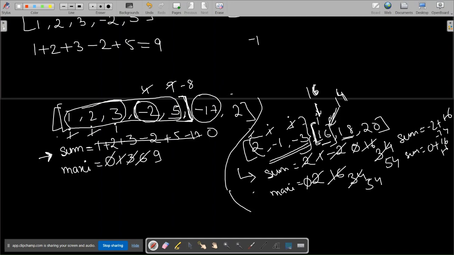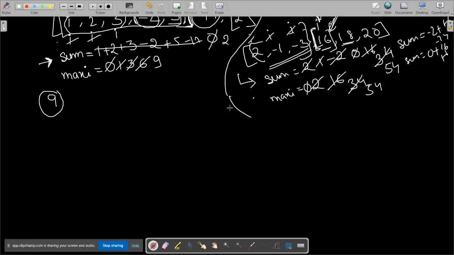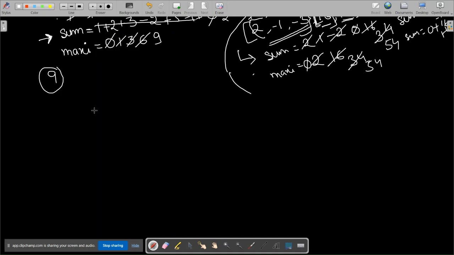Now I will start my new index from here. So I make it 2 and I see that 2 is lesser than maximum, so I will not update my maximum, so my answer will be 9. Okay, that's it. Now let me explain my code. So what will be the code? The code will be, I will